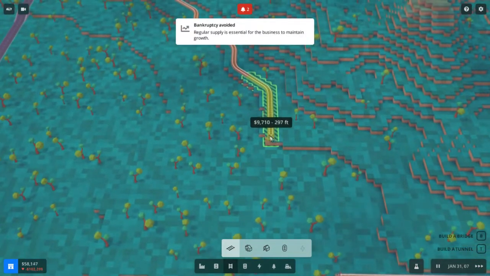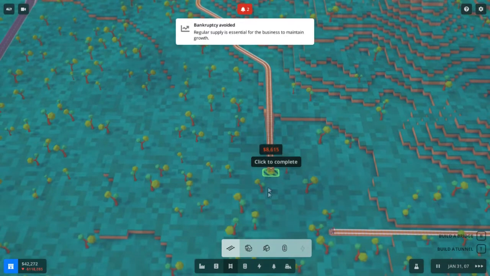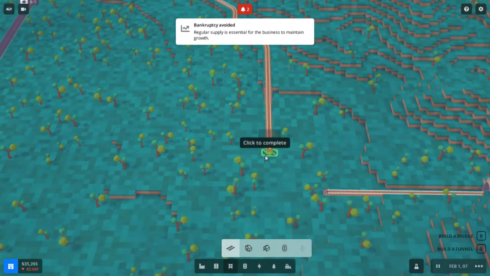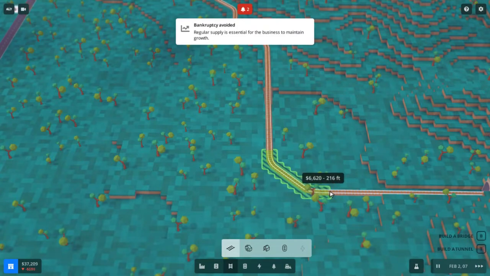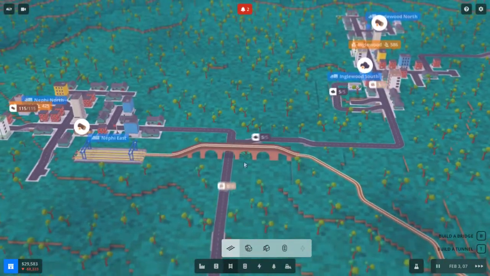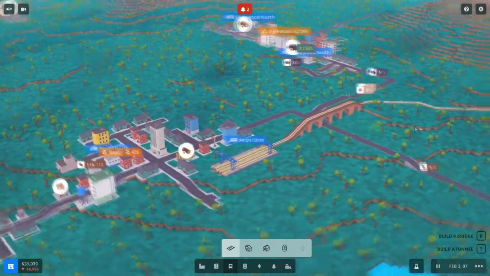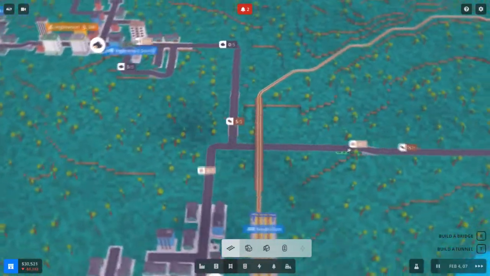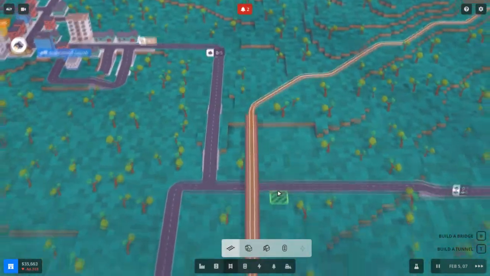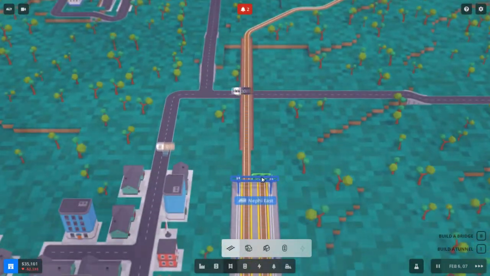Okay, that's not gonna work. Come on. Don't play that game. There we go. Okay. Now, granted, that is a ridiculous place for a bridge. Unfortunately, the road was there first. Which means that...